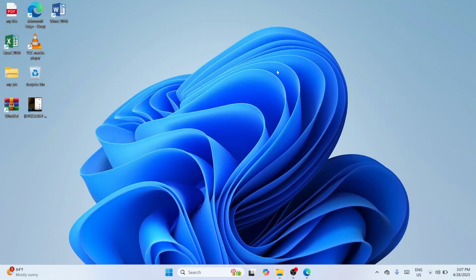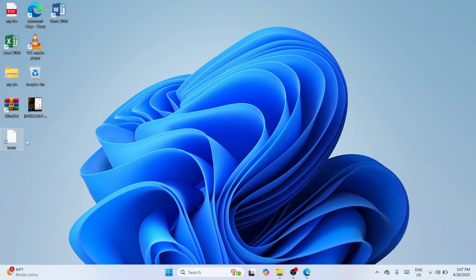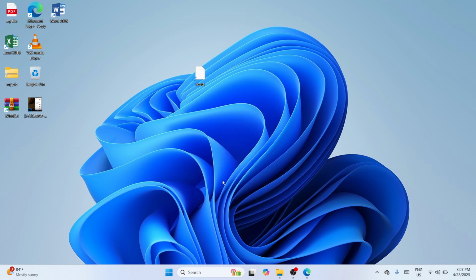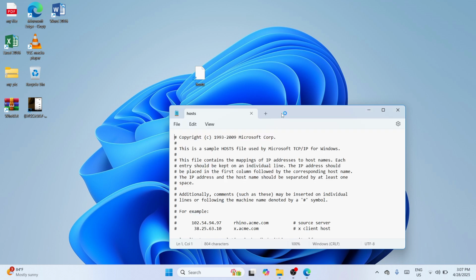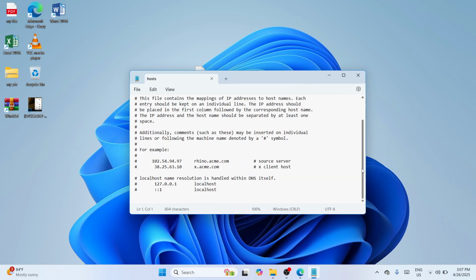Close the window and please make a right click here and go with the paste icon. Once we have pasted it, we need to make a right click here and go with Open with. You can also click on Edit and Notepad. Just click on it and wait until this appears. Here you need to proceed to the bottom area of the file. All you need to do is put a space after that and type